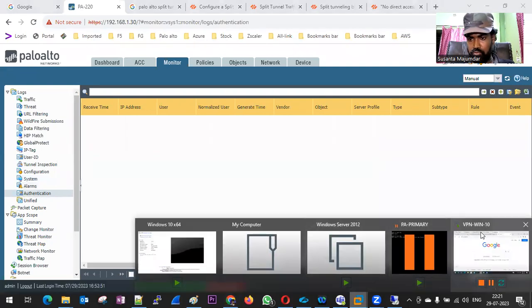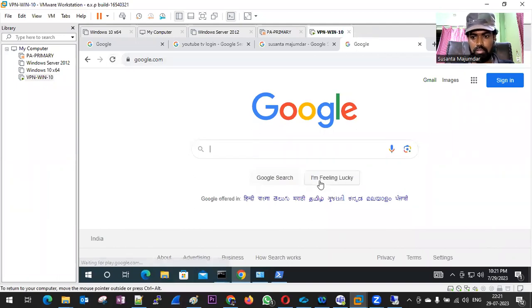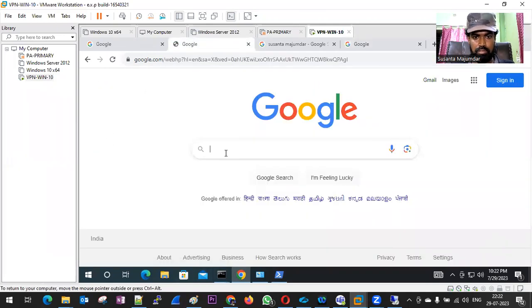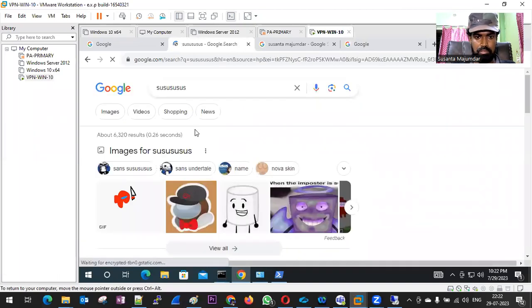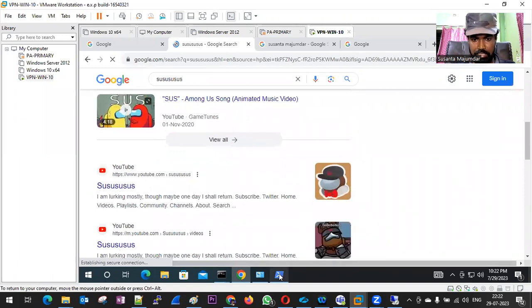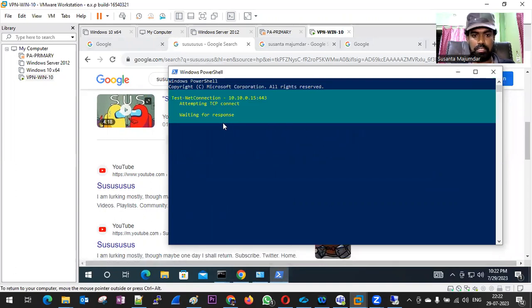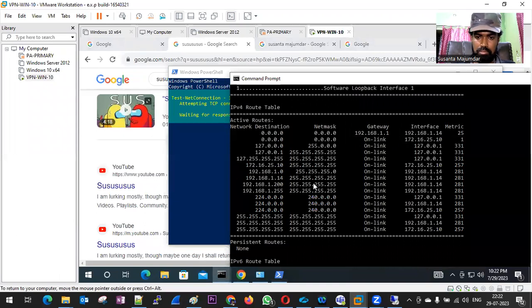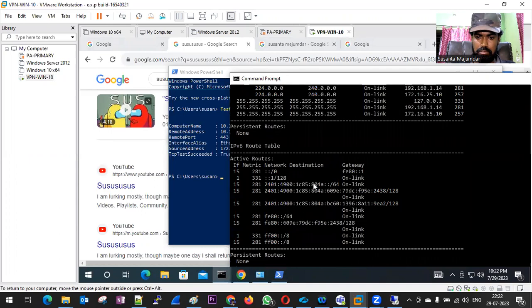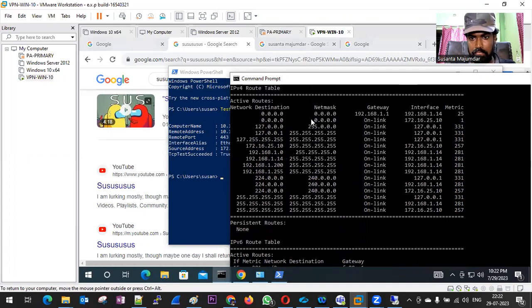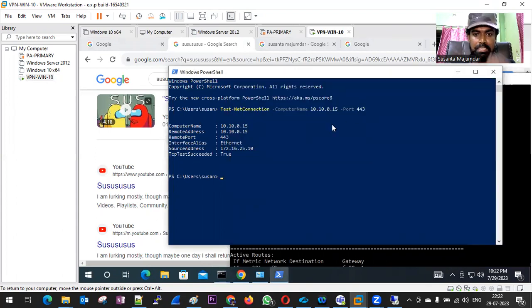Now what I'm going to do, I'm go to this system, try to connect Google, still it is connecting now, no issue for YouTube। Okay, कुछ भी लिख रहा हूँ, it is opening right now। what I'm going to, I'm just testing this connectivity for 10, waiting response, आने दो। Now I'm just doing one thing, now see what is the priority। ये अभी भी इंटरनेट के लिए 192.168.1.10 पे ही जा रहा है, राइट, बिकॉज आई हैवेंट डिलीट दिस पॉलिसी।